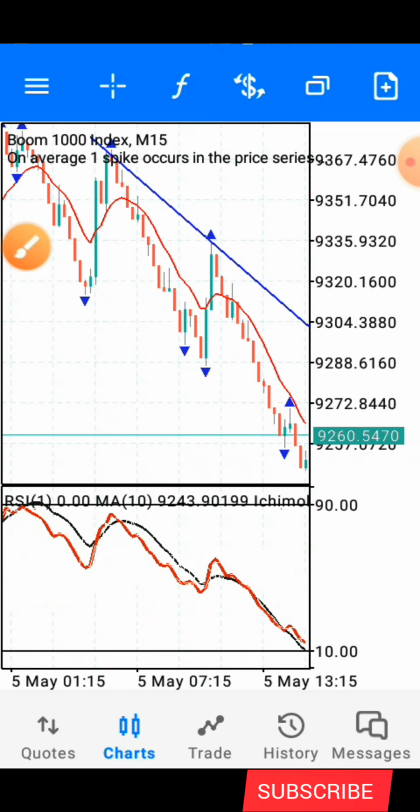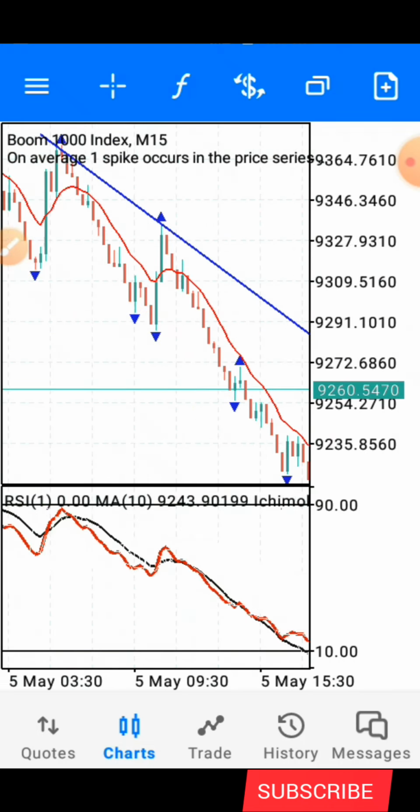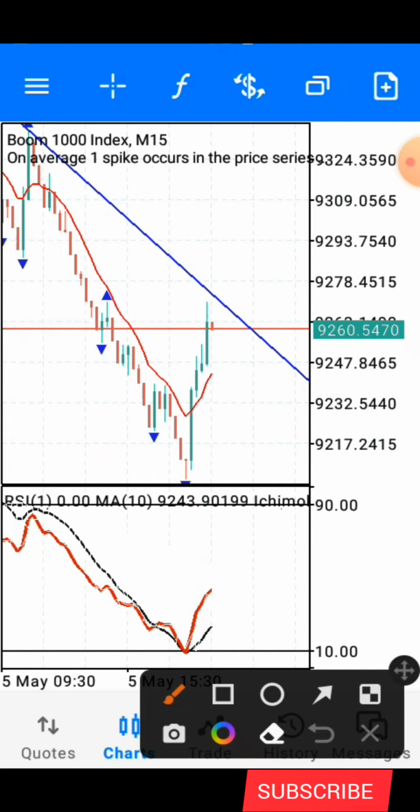Once you have drawn your trend line like this, you know that you are on a downtrend. So whatever happens now, you are going to stay in the market just looking for